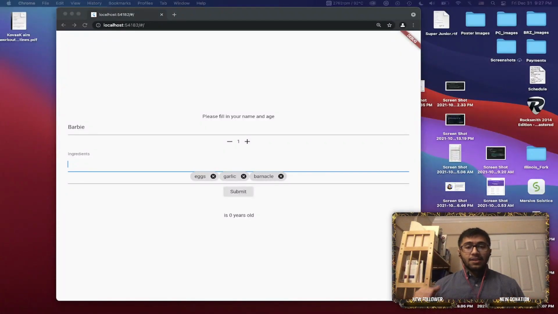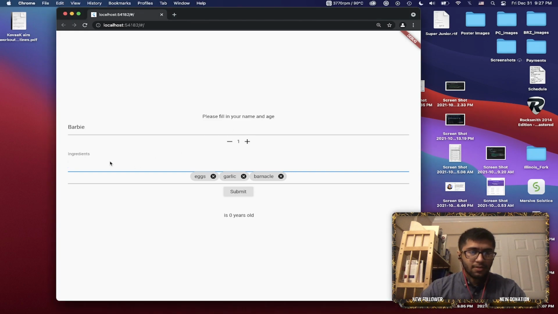Hey, welcome back. Today we're going to be working on custom form field inputs in Flutter, specifically chip inputs. As you can see, this is the example form that we're going to build, minus this little top portion. Right here I've got ingredients. And the idea is that if you need an unordered list of chips, such as a list of ingredients,